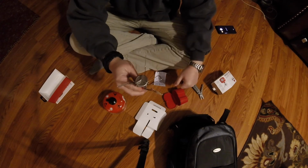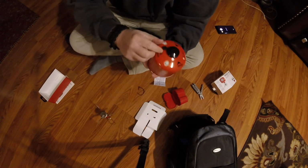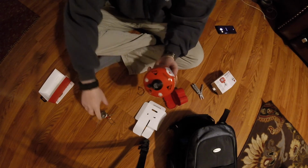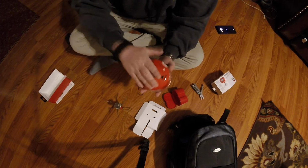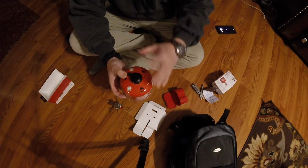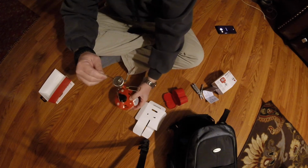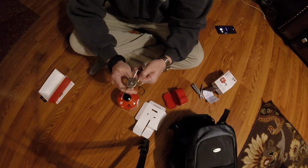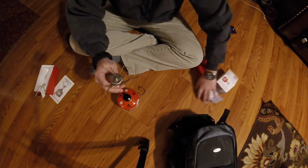Alright. I don't want to open the canister and put it on there right now because I just want to keep it fresh, and whenever I have to use it, that's when I'll open it. But if you want a demonstration of it actually turning on and boiling water, you can see other videos that will do that. This is just an unboxing video and a demonstration or unveiling of my emergency cook set. Alright,